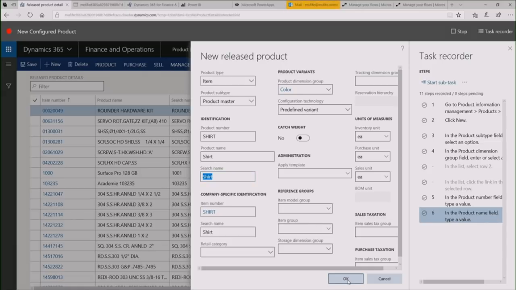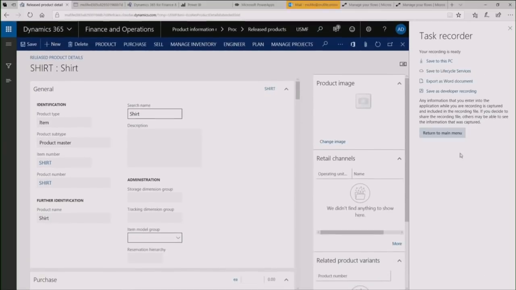And I'll just leave it at that. So notice that it's tracking all of this. As you're going through and implementing the system, documentation is really hard because it takes time. But you're always going to be doing this testing. So now if I stop this, I can save this to Lifecycle Services, or